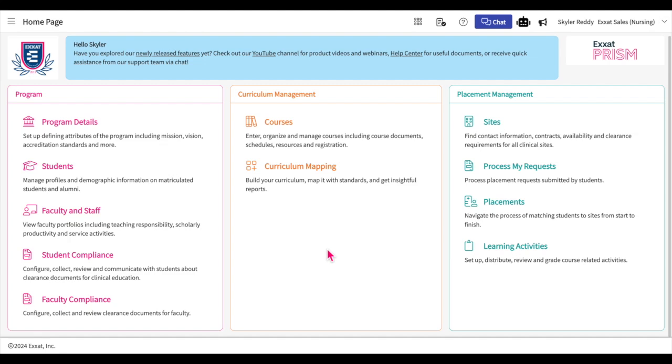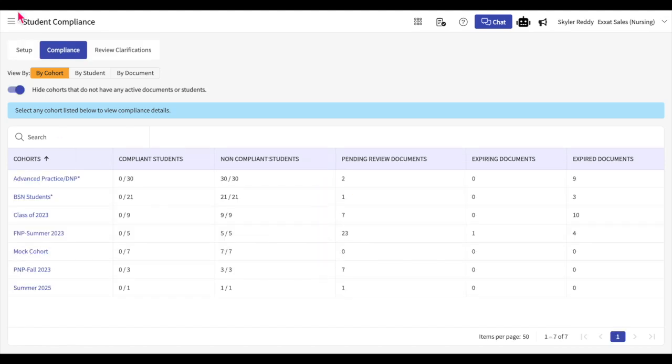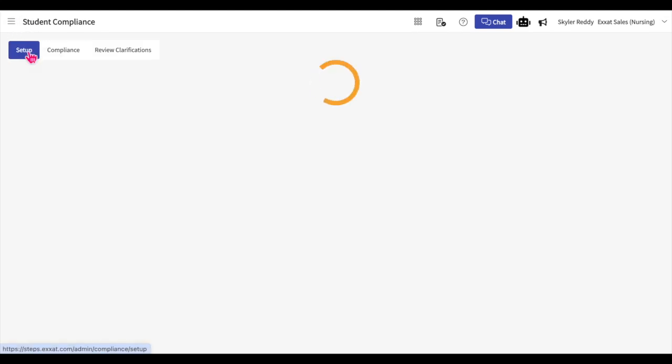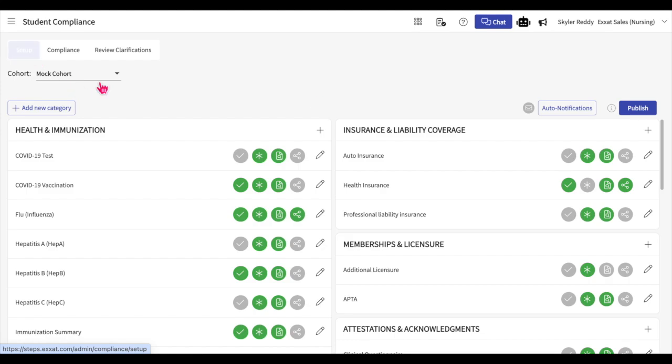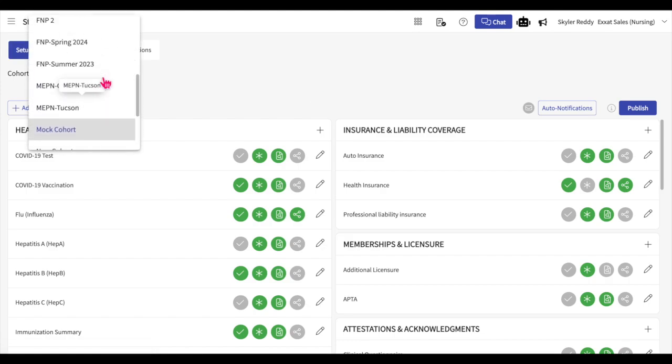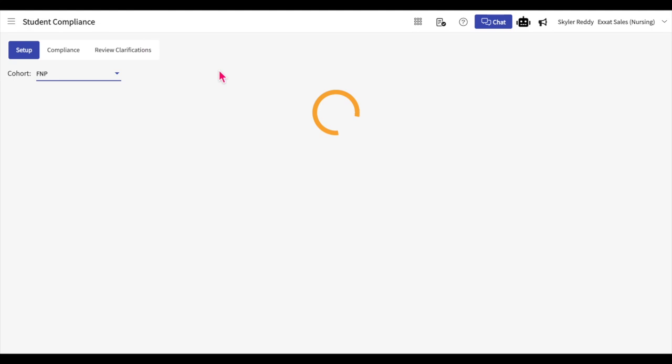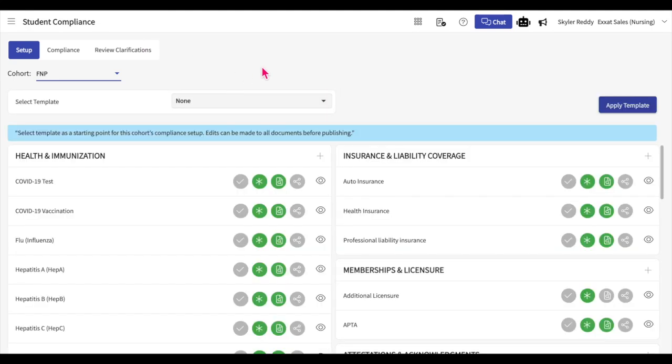To set up student compliance documents, click on the Student Compliance section on your dashboard, then click on the Setup tab. You will first need to select a cohort for which you would like to assign compliance documents. If this is the first time you are setting up compliance documents for this selected cohort, you will then need